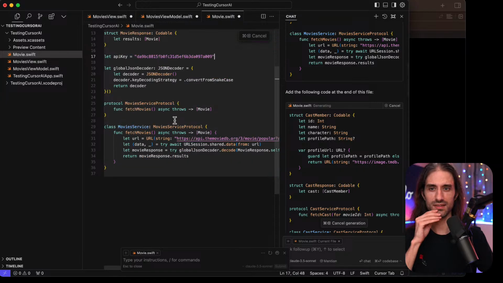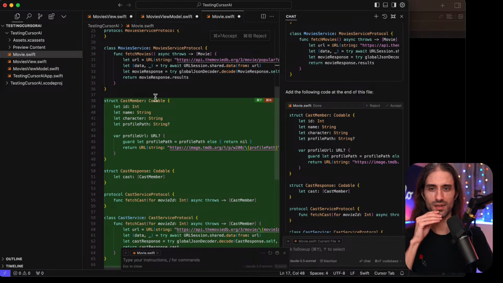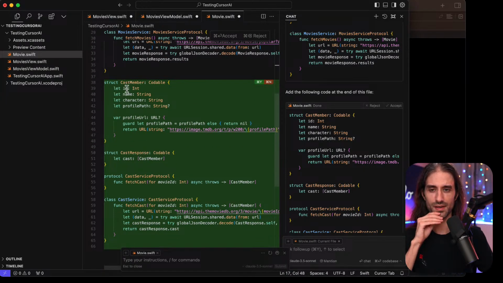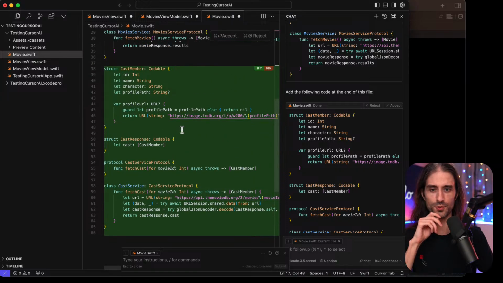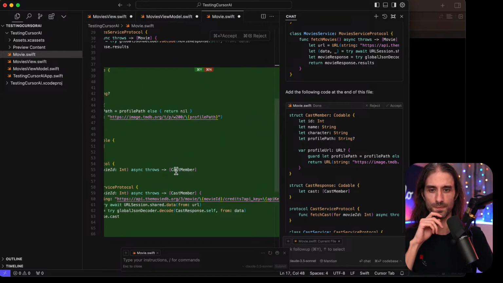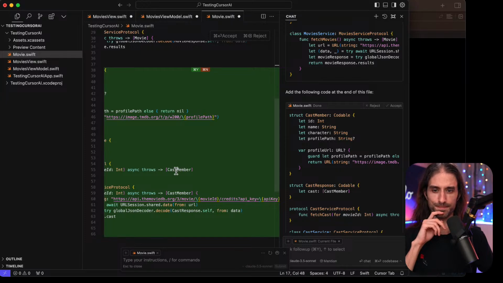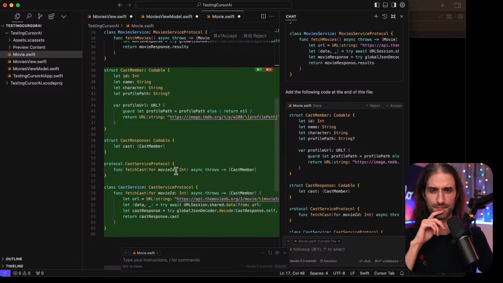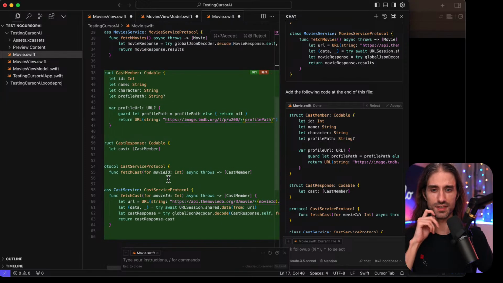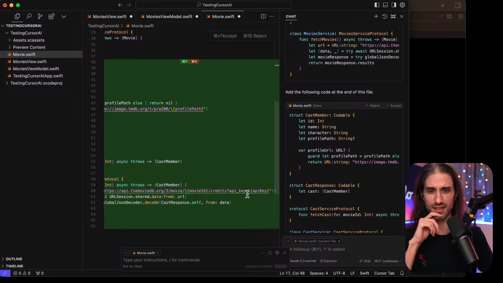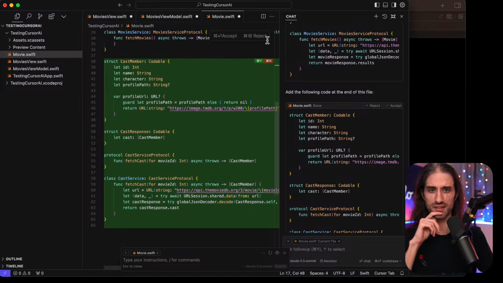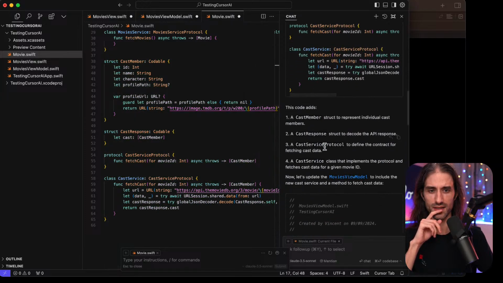So we have cast member, cast response, cast service protocol. It even did the dependency injection. It also added the API key here with my correct syntax. So that's great.